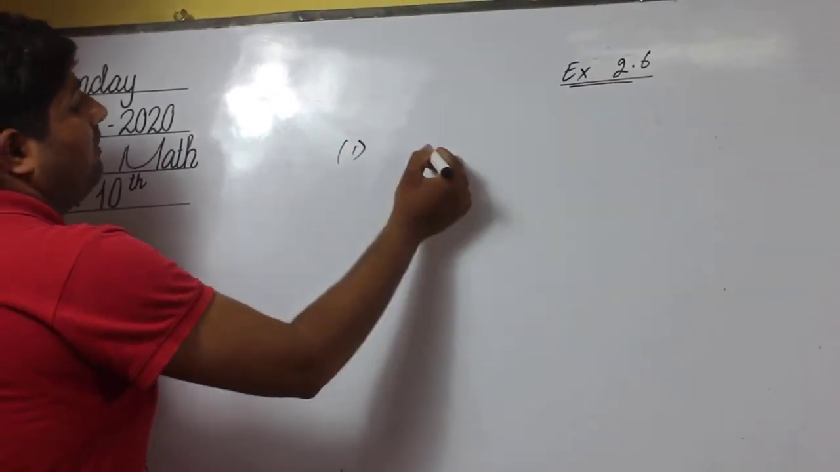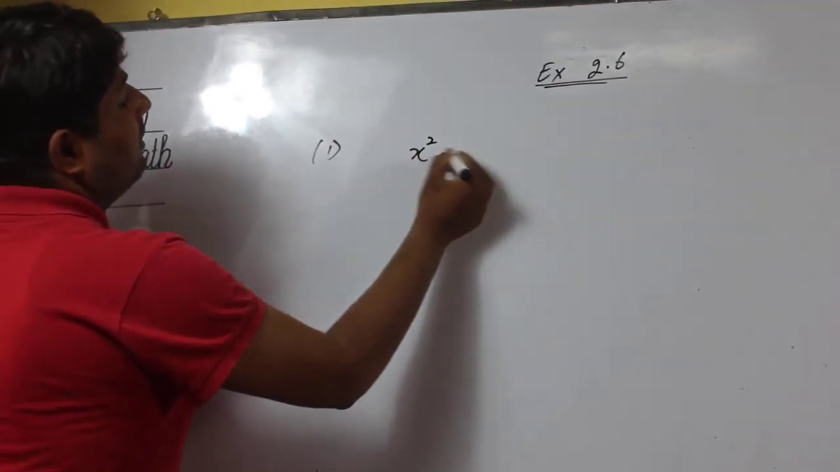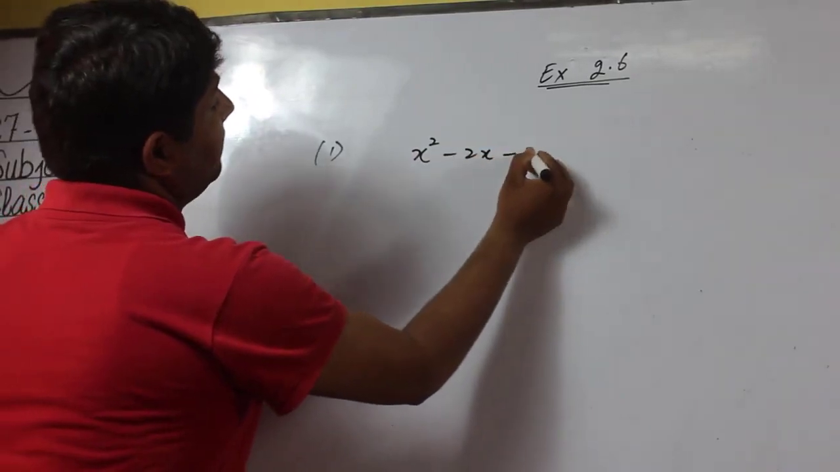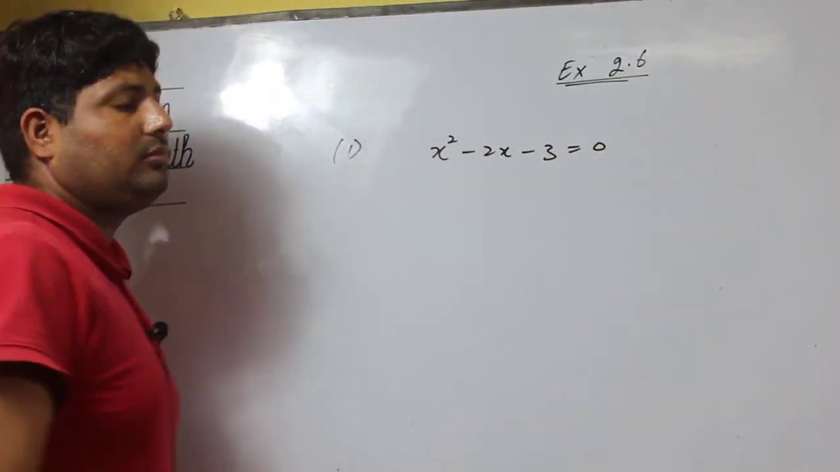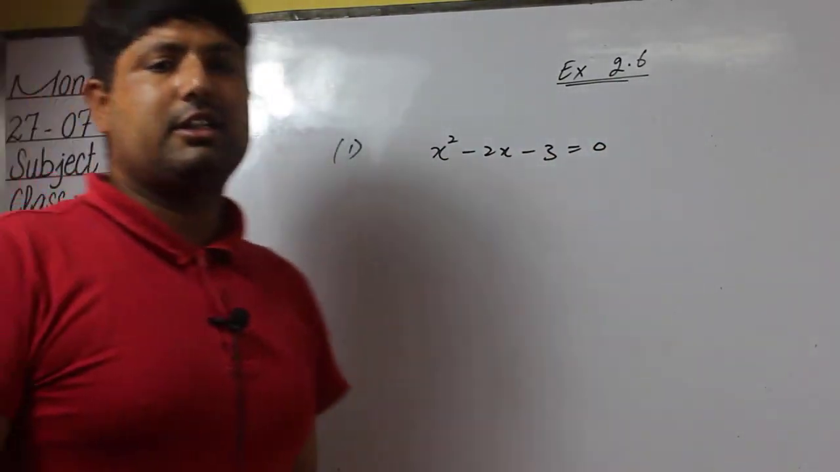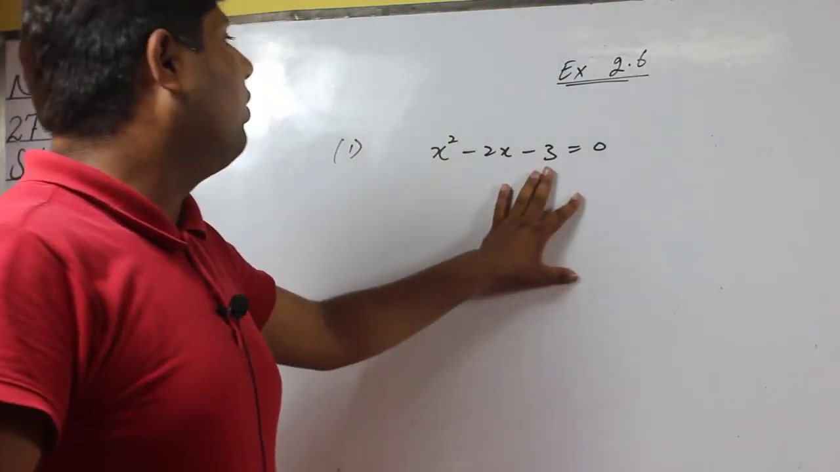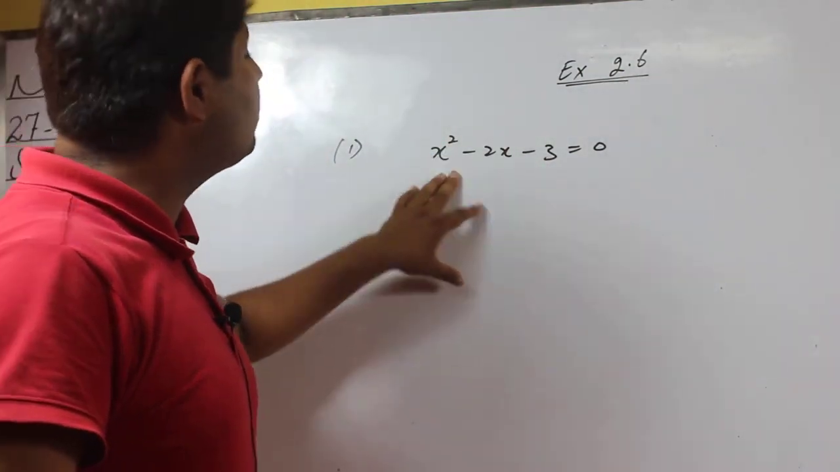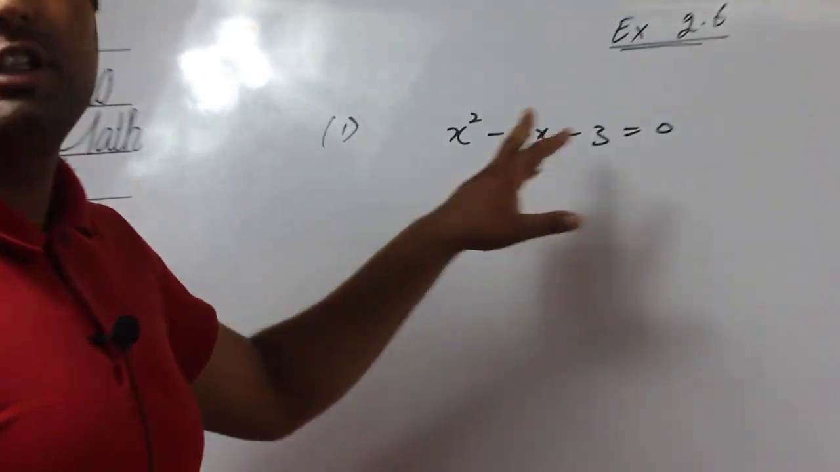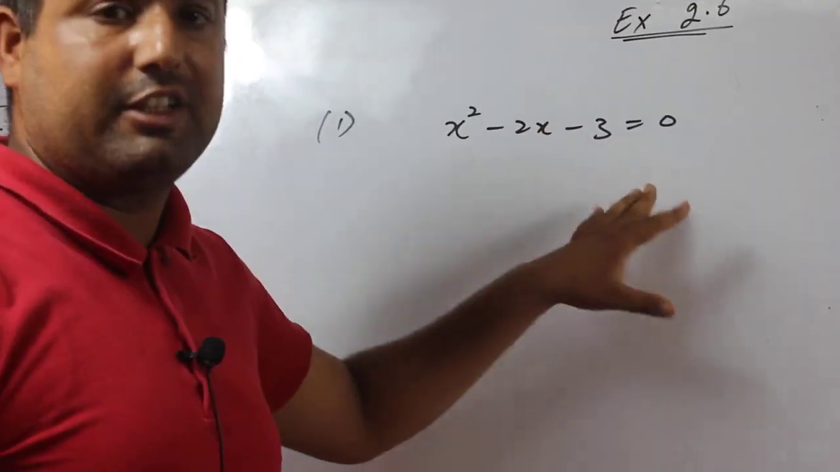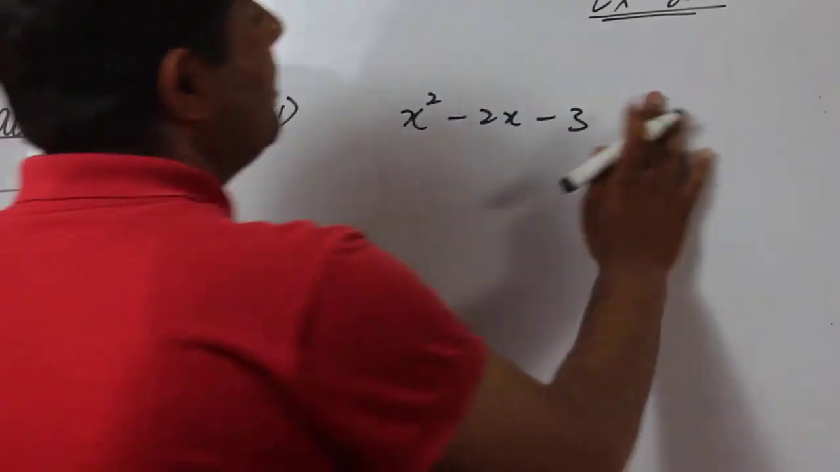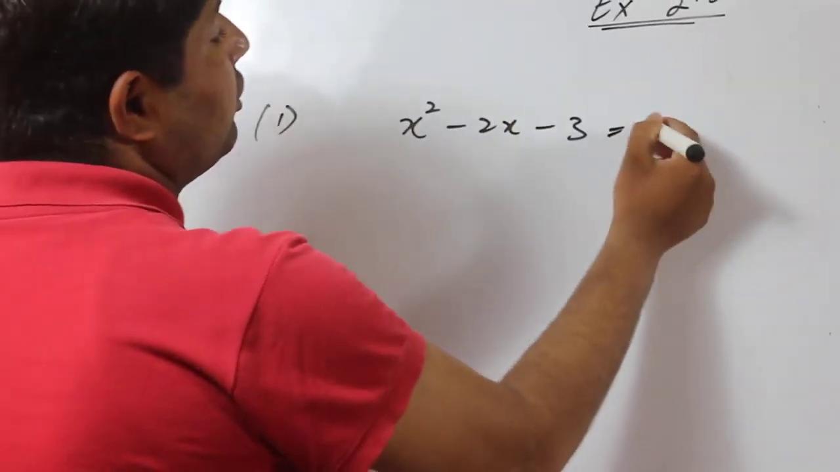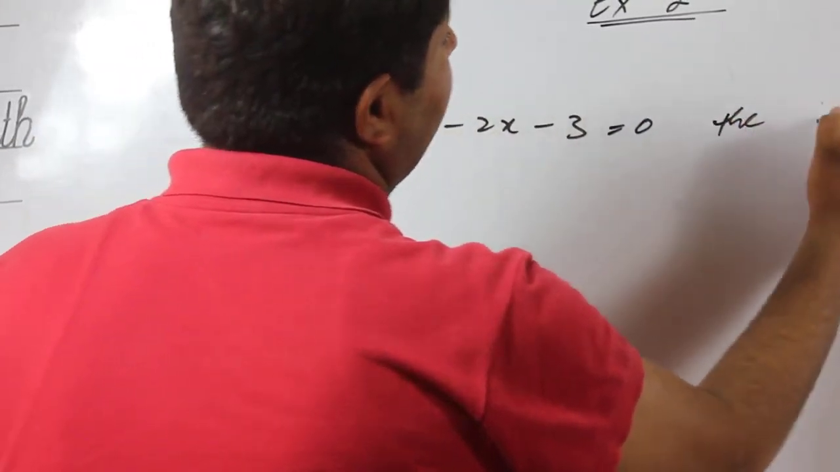For example, the question: x square minus 2x minus 3 is equal to 0. Now, if we want to solve this equation with the help of synthetic division, the roots of the equation are